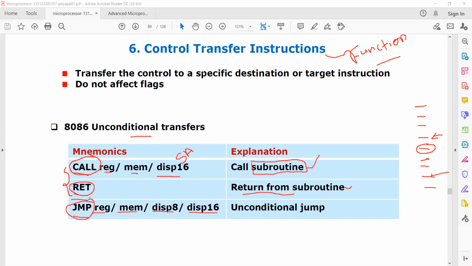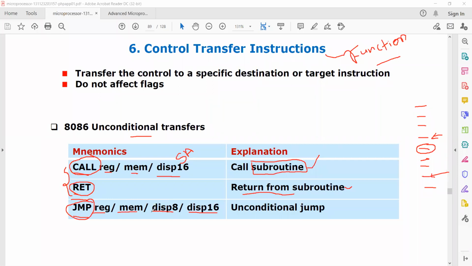Just after execution of this instruction, whatever the register location or memory location or displacement location that is given in the instruction will be accessed. The control will get transferred from the current location to the given location in the instruction.